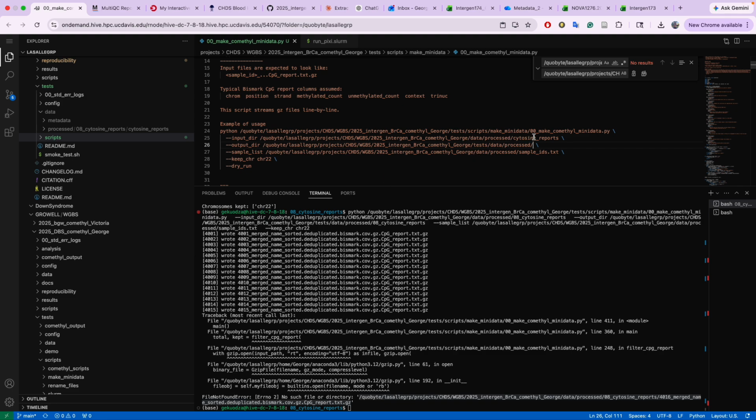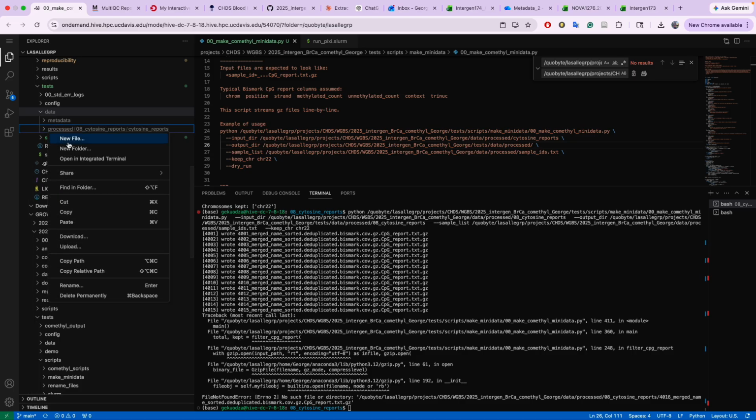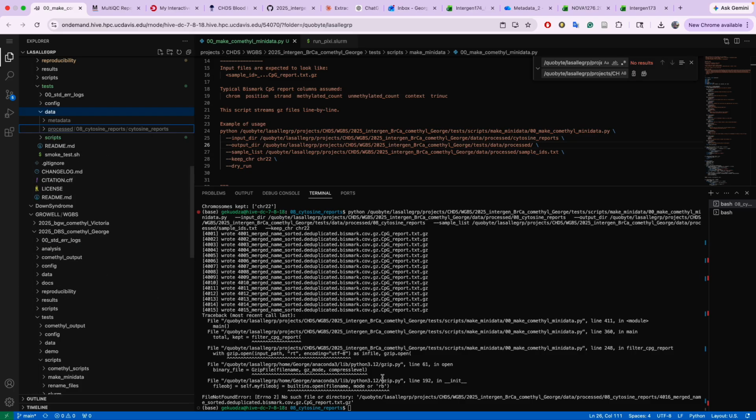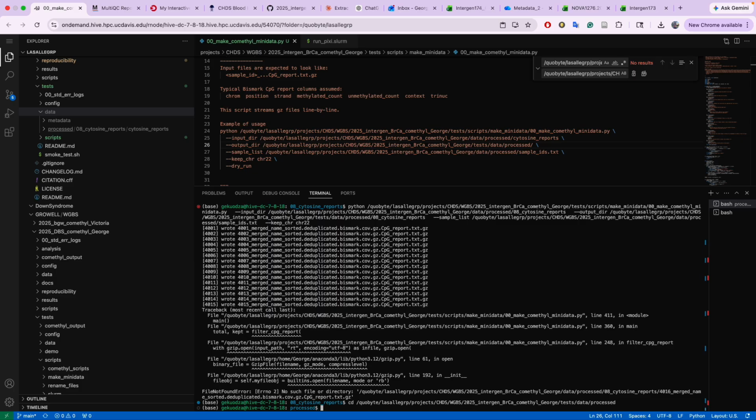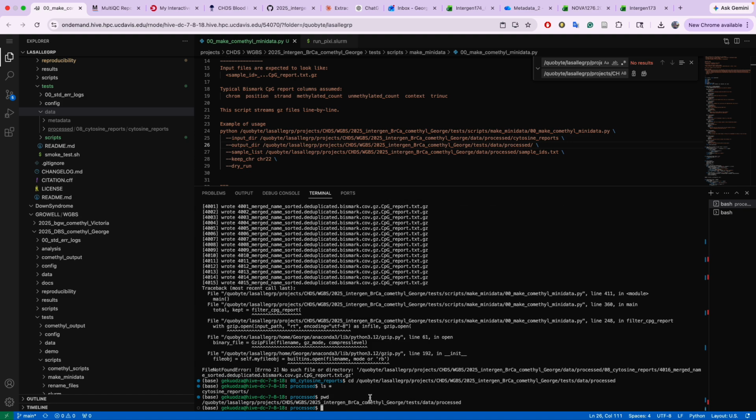All right. So the reason why I'm doing it this way is so that the folder that's being generated across cytosine reports is going to be in here in the process, and then I'm going to copy path. Okay, print working directory. Okay, so this is the test data. All right, so I'm just going to remove this